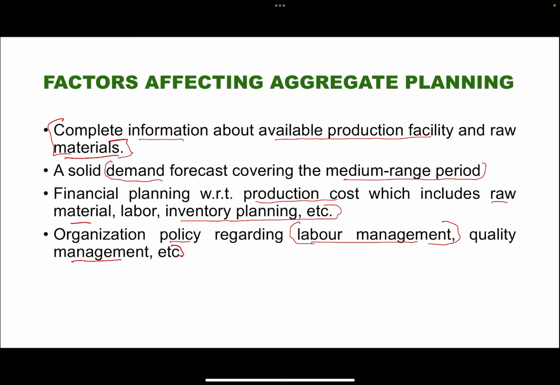So there is another way of managing the demand and balancing the demand and the capacity. These are all needed. What about organization policy? Can we fire the employees easily? Can we hire easily, etc.? Financial planning with respect to the production cost is also needed. So now let us discuss about